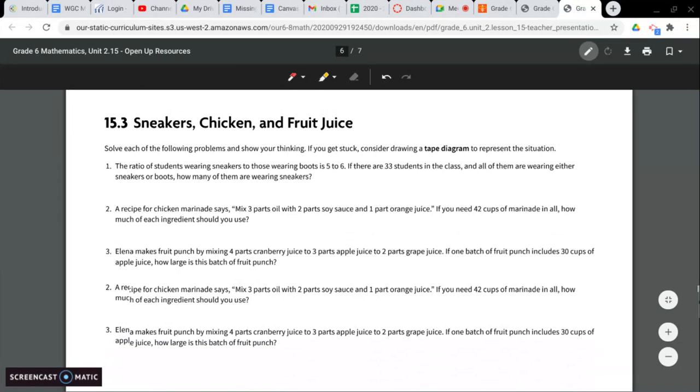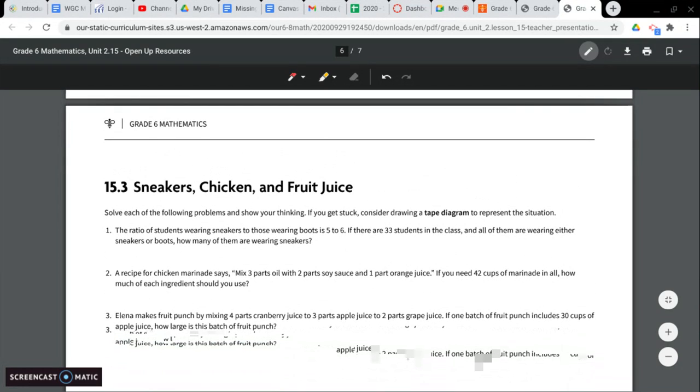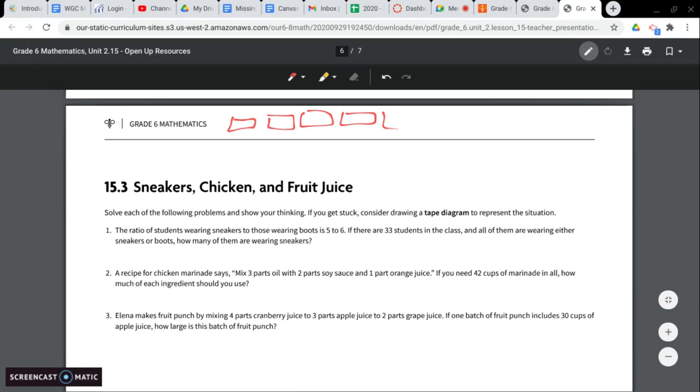So first, let's draw this out. We know that the ratio of sneakers to boots is 5 to 6. So that means we have 5 sneakers. This is sneakers. And 6 boots. 1, 2, 3, 4, 5, 6. This is our boots. So if we count up how many we have total, we have 6 plus 5, which is 11. So 11 total